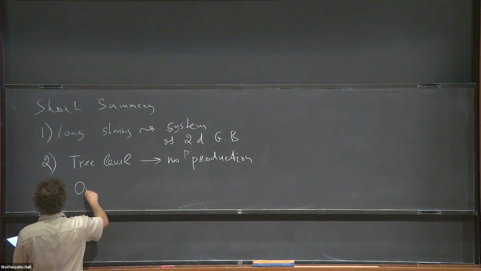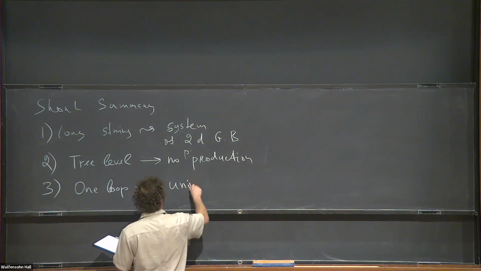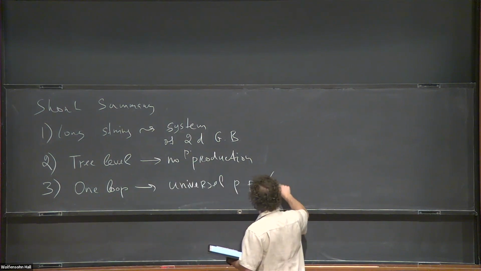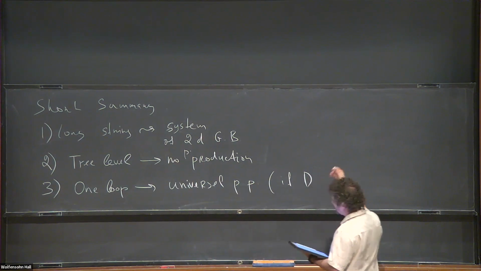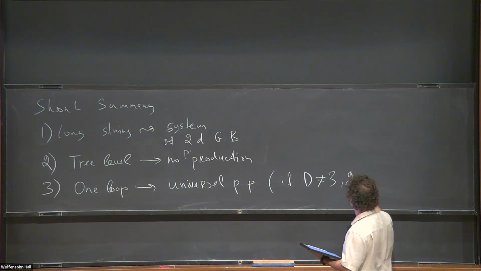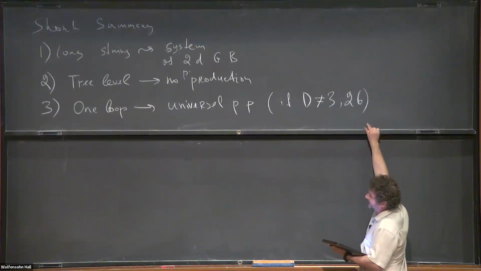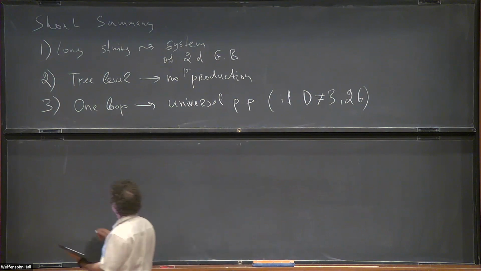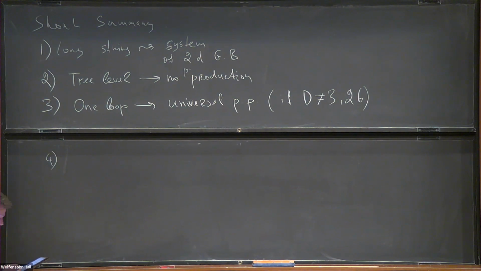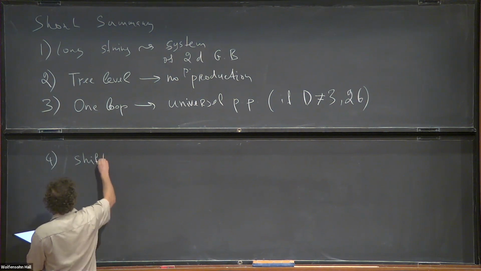at one loop, there is universal particle production if the number of space-time dimensions where the string is embedded is not equal to 3 or 26. And finally, that's where we stopped. We played a little bit with current algebra of Poincare symmetry, and we found that the conservation of the shift current